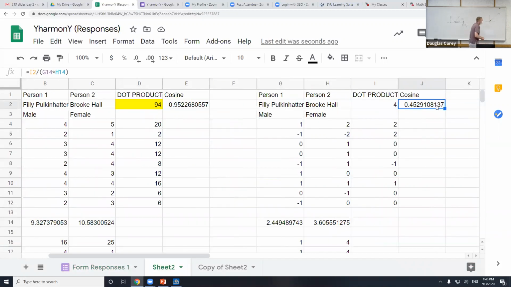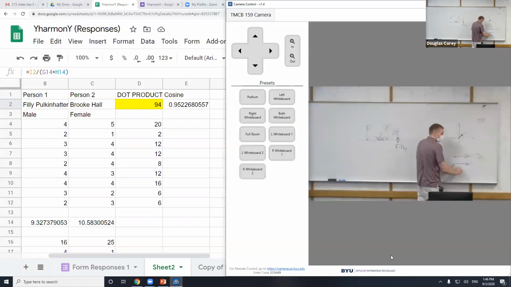Okay, so right, I have this cosine here. The dot product, if they're unit vectors, so I divided by their length. So this is the vector of the unit. Yeah, they're unit vectors. They're going to be perfect if this is what happens. They're going to be the same length. If they're both like this, I'm going to get a 1. Okay. If one's like this and one's like this, I'm going to get a 0. If one's like this, I'm going to get a -1. Okay. 45 degrees.